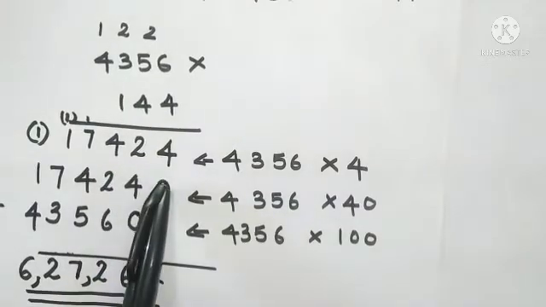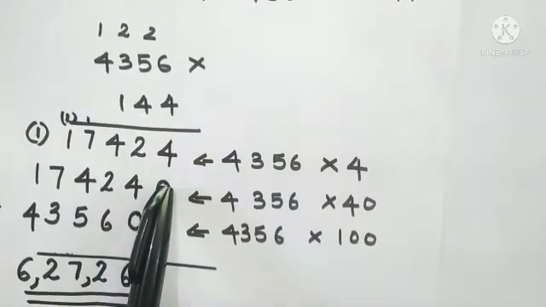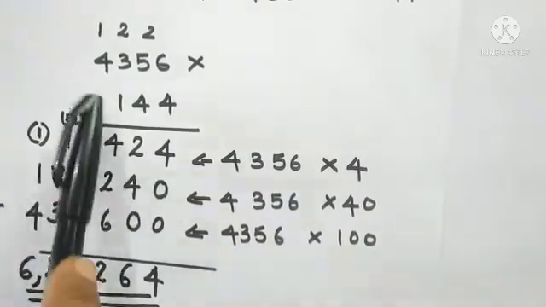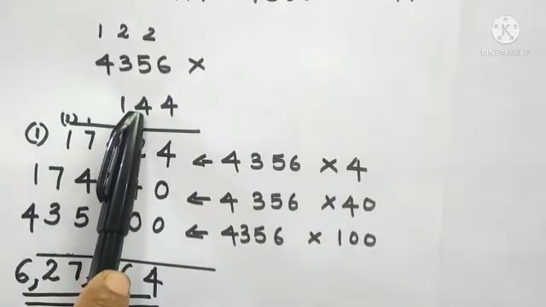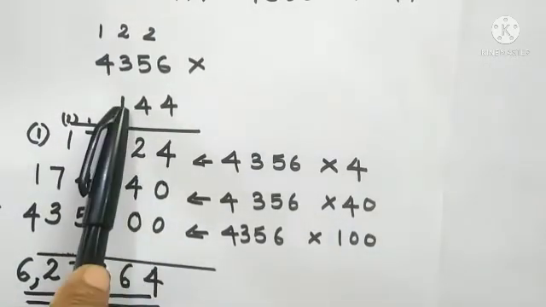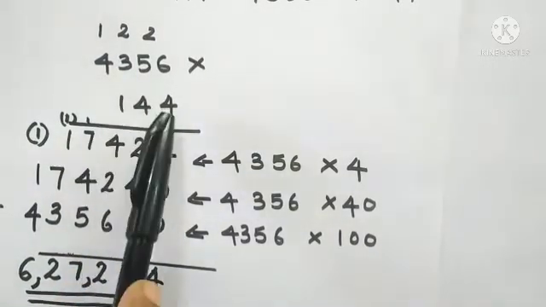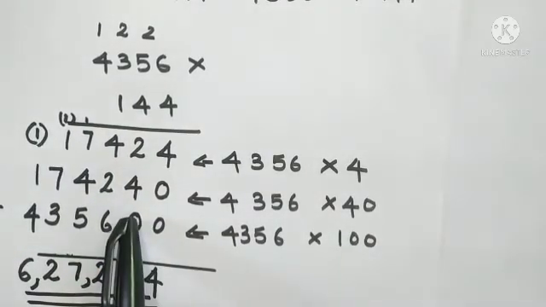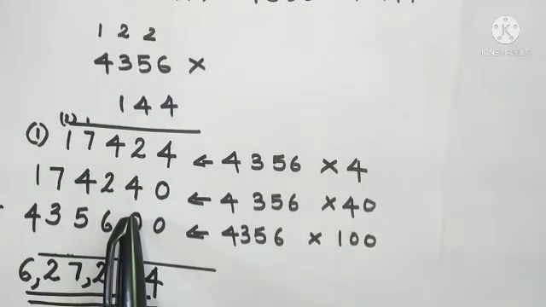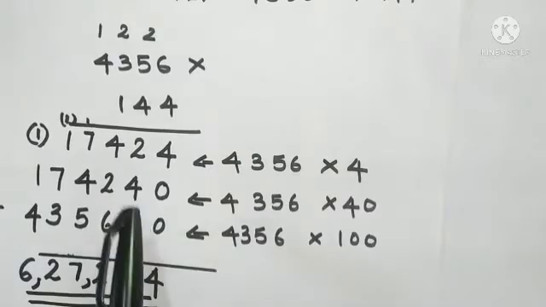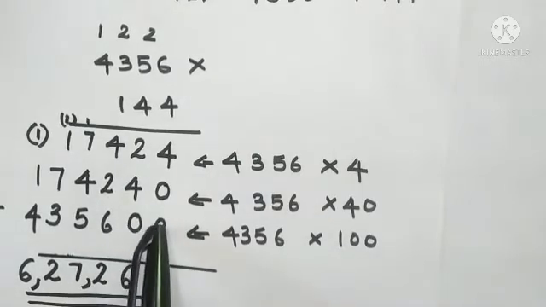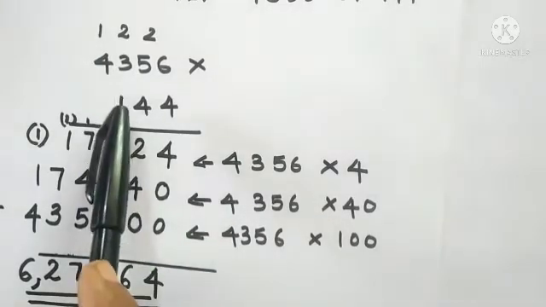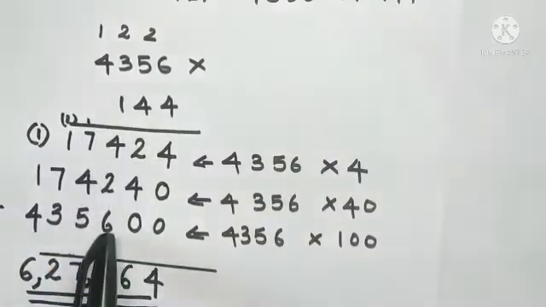Then first we will put the ones place digit as 0, and then continue as before, multiplication with this digit. Then again, in the hundreds place digit, before starting multiplication we will put 2 zeros here, because 100 contains 2 zeros. So put 2 zeros and then start to multiply with the digit.